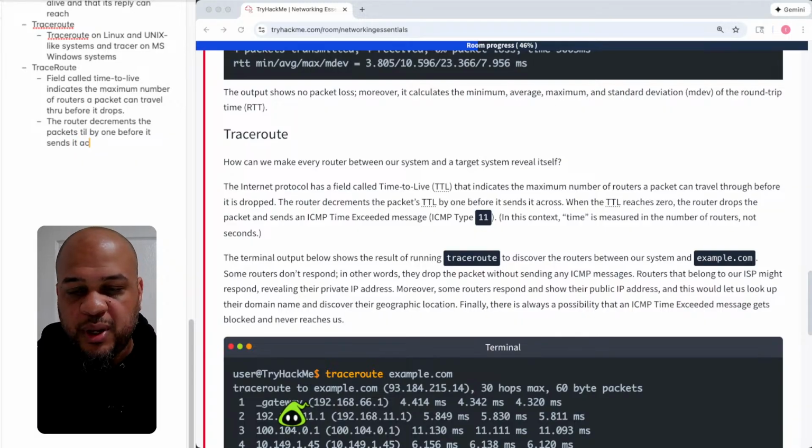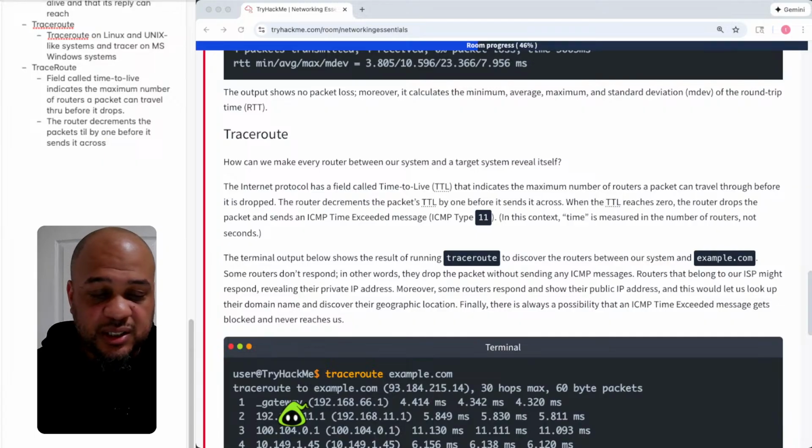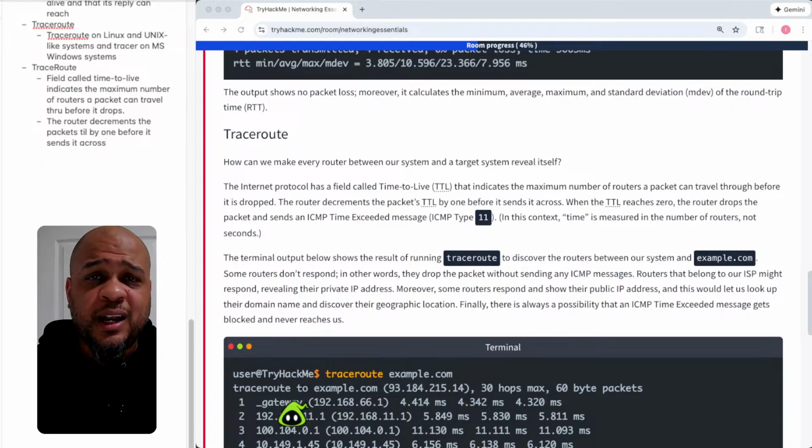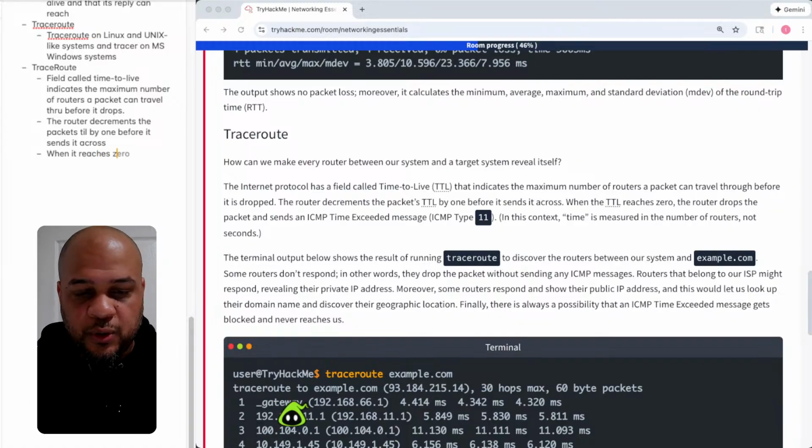So it decrements by 1 every time it bounces or leaves one router and goes to another, almost like, hey, you're losing $1 every time you change women, if you will. But anyway, when the TTL reaches 0, the router drops the packet and sends an ICMP time exceeded